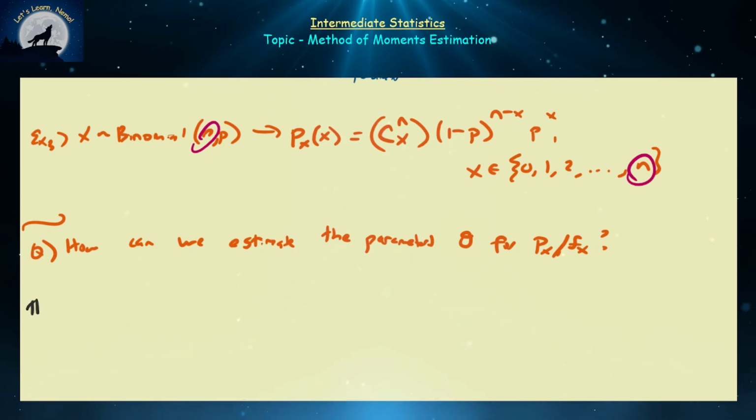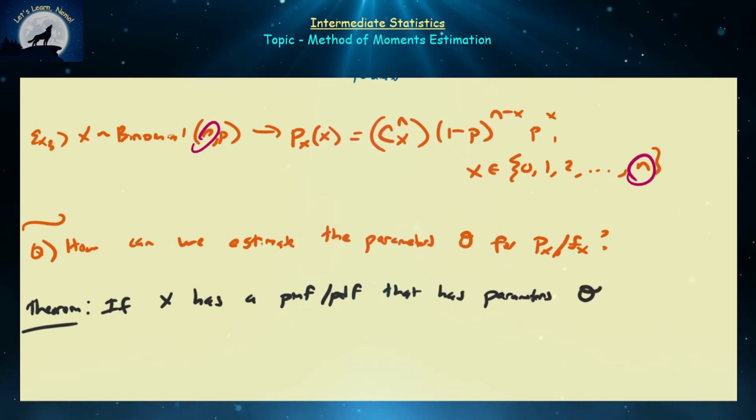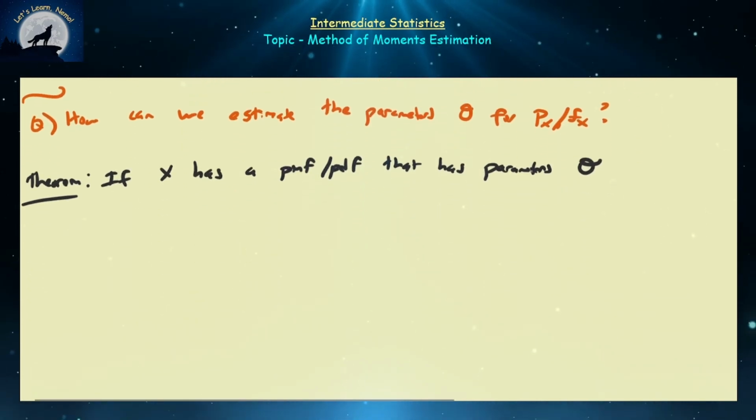All right, so let's state a nice little theorem to sort of guide us. So if x has a PMF or PDF that has parameters, let's call them theta, and keep in mind theta in this case could be a vector, say theta 1, theta 2 down to theta m, then the